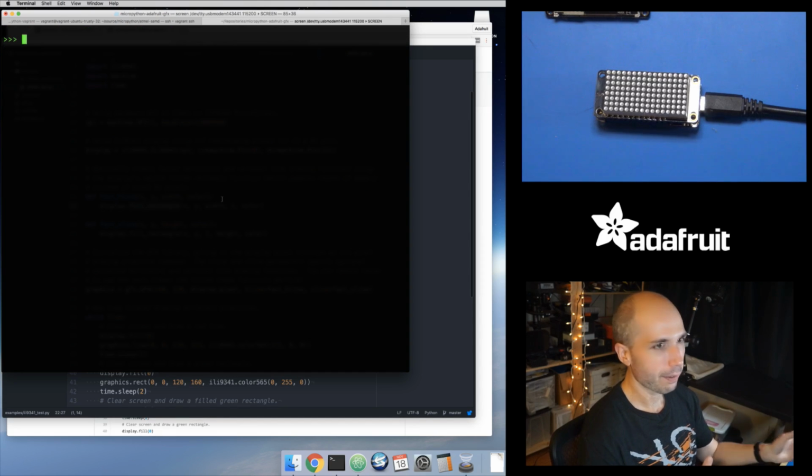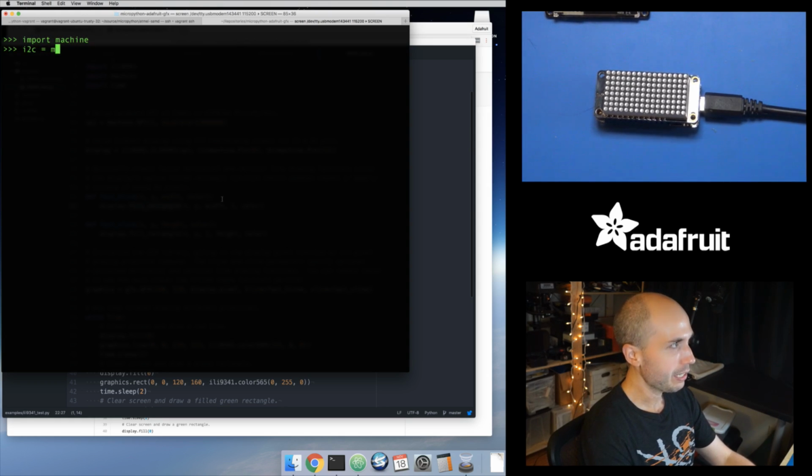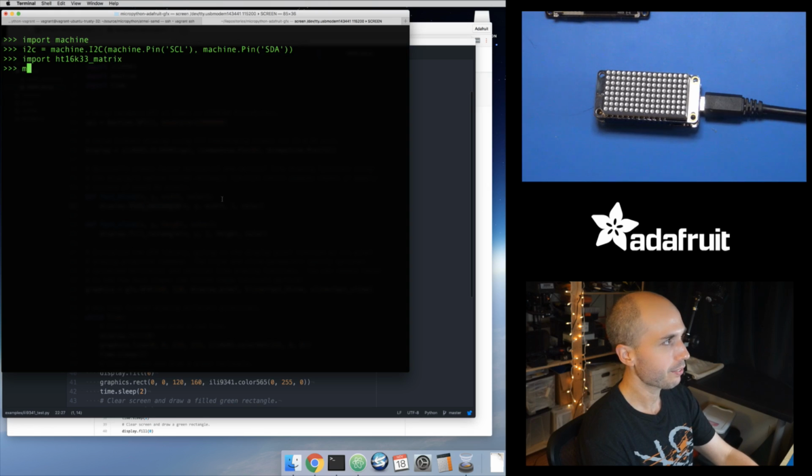And okay, so now I have to initialize this display. I'm going to speed through this because I've done a whole video on this before. Import machine. I need to import the I2C interface, and that's with the SCL pin and the SDA pin. So we're good with the I2C. And then I need to import the matrix module, HT16K33_matrix. And we'll call this display, how about we'll call this matrix,